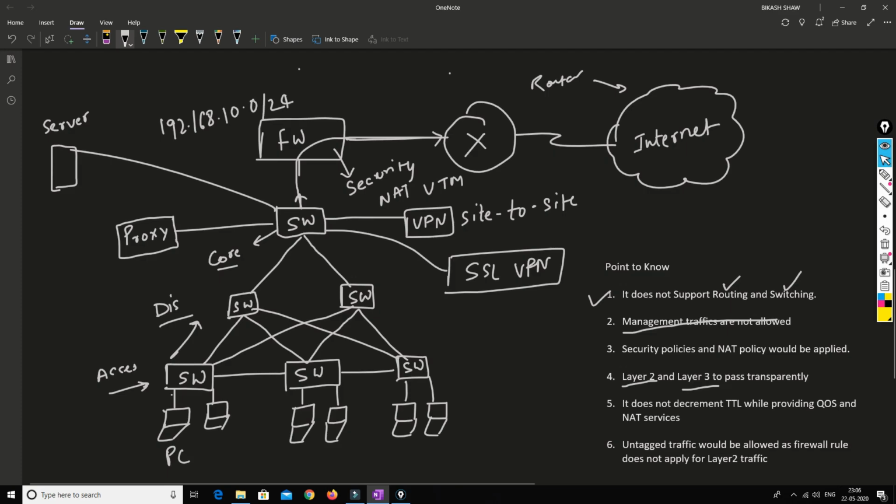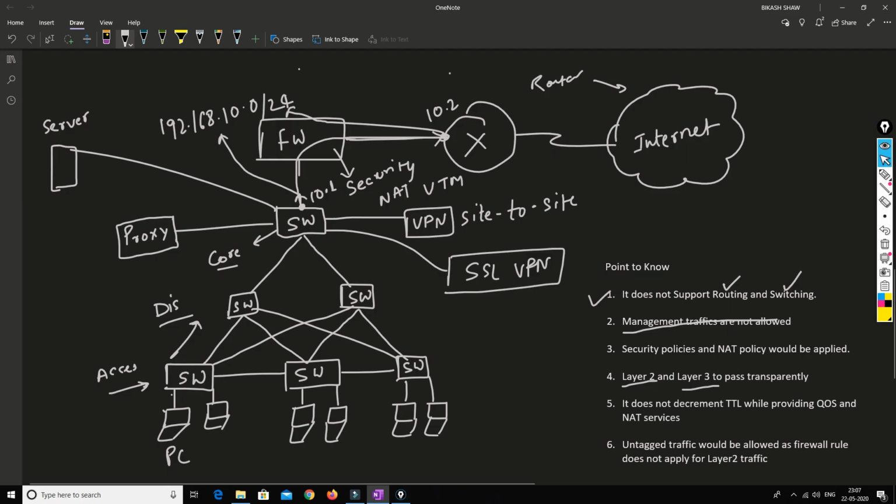The switch interface and the router interface will be in the same network. They will not have any other network; between the switch and the router there will be one network. So let's say if this switch IP address is 10.1, then the router will be 10.2. There will be no IP address on the firewall.